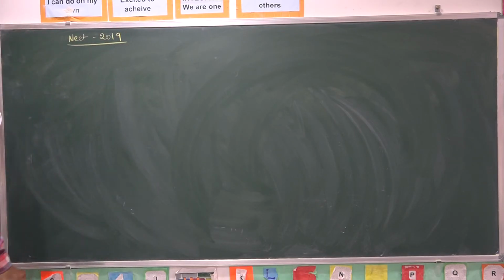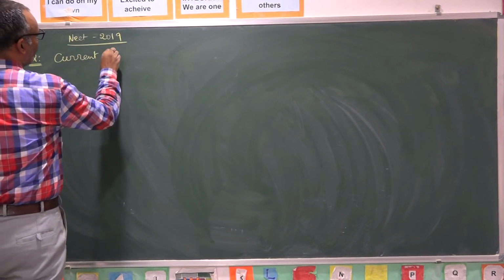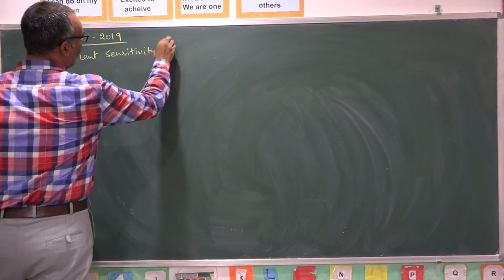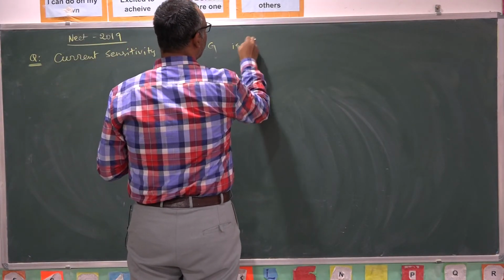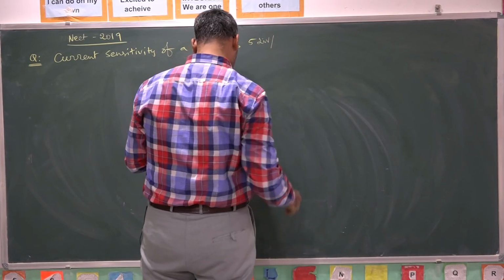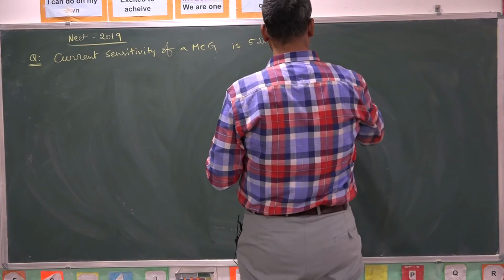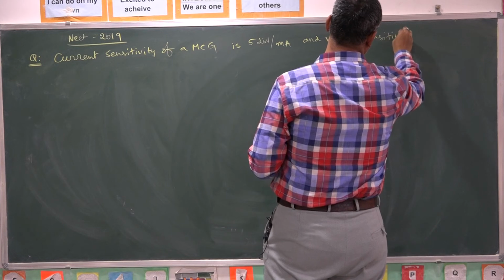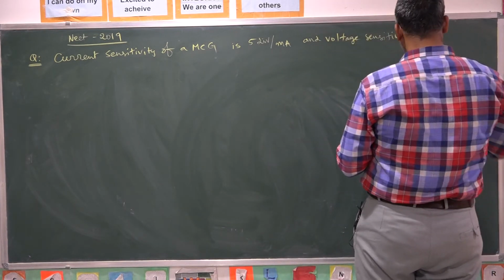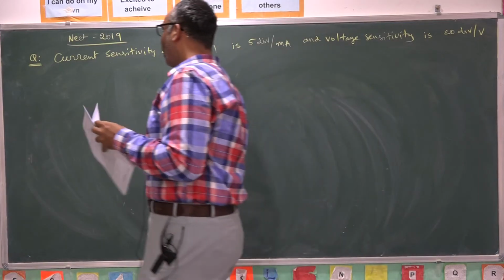One question they asked like this: current sensitivity of a moving coil galvanometer is 5 divisions per milliampere, and voltage sensitivity is 20 divisions per volt. The resistance of galvanometer is